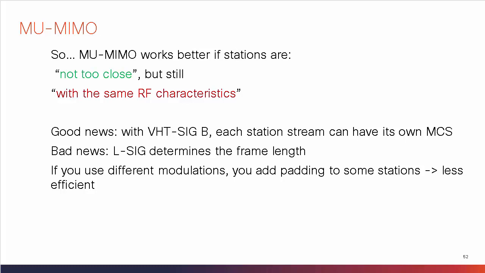But at the same time, the complexity of MU-MIMO means that you have to be able to evaluate the channel very often to be able to stay efficient. And also that you have to work on your modulation so that you have a compatibility of the signals between the different stations. And that makes the signal itself less efficient on some of the stations. So there are some advantages, there are some drawbacks, and it will all be about the quality of the implementation, so that the vendor of the access point can weigh these advantages and drawbacks